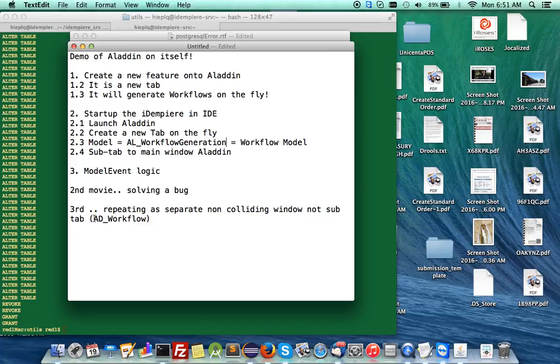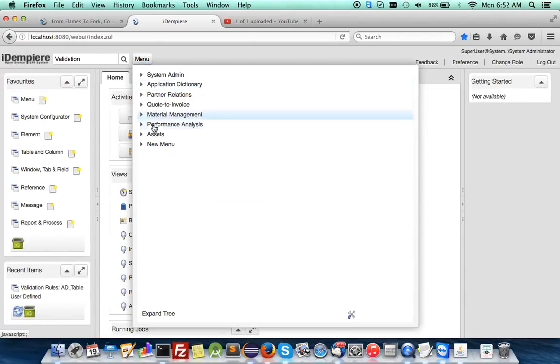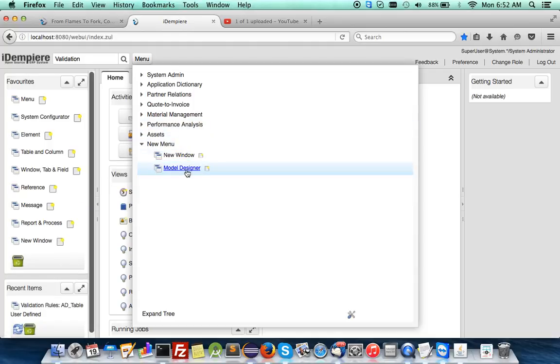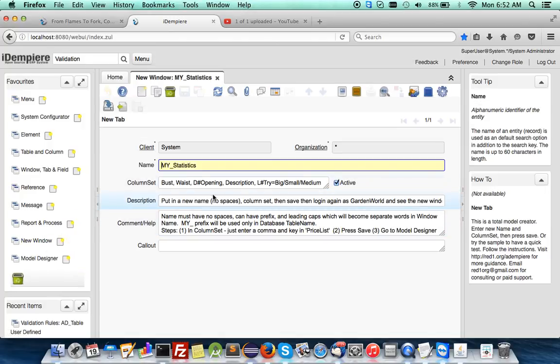So now we are going to repeat creating, but it will be called this, and we want to have a separate window, not a subtab. I got it wrong. Right, let's do it. Call up the new window. Let me drag things here so that they are easy to use. So this time in the new window, it's going to be called AL workflow